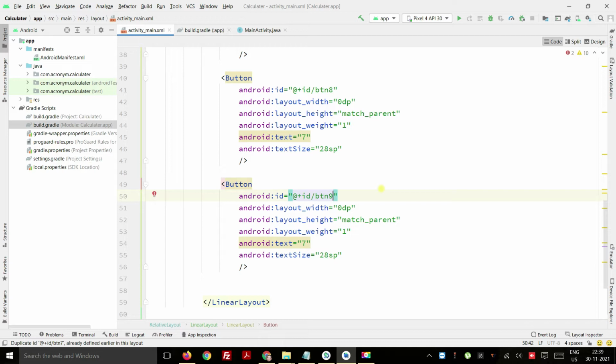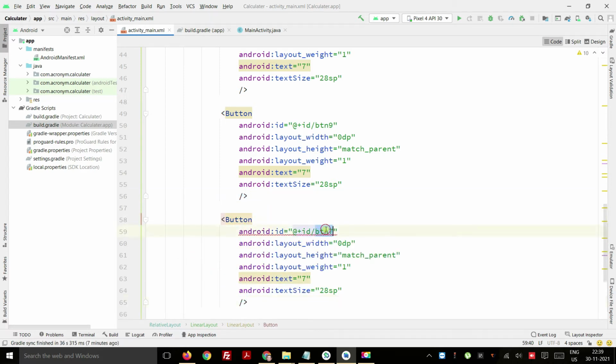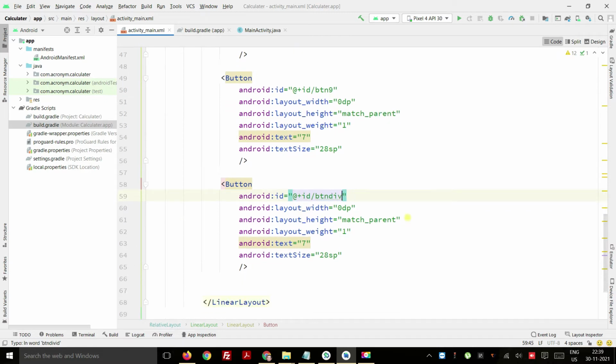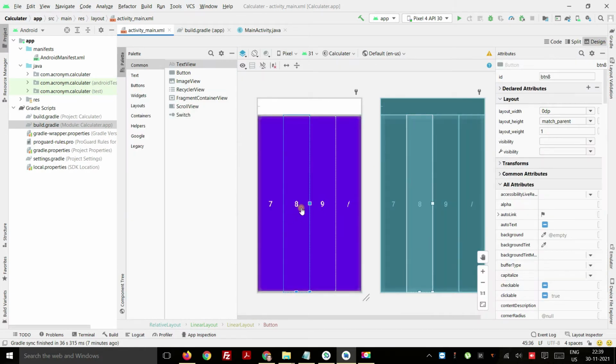Like this we are going to simply put the buttons, and one more button we are going to use is a forward slash. We will call it button divide. Better to use camel case, and I'm going to put the text here like this, a forward slash. Here is button 9, so I'll put number 9. Here is button 8, so I'm going to put 8, and it is 7. As you can see, these are the buttons available here, taking the space.